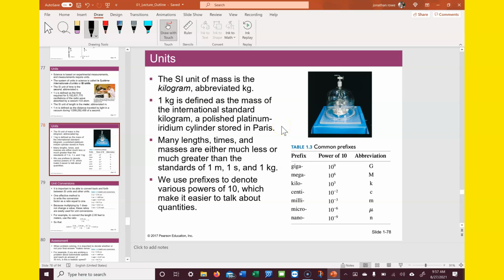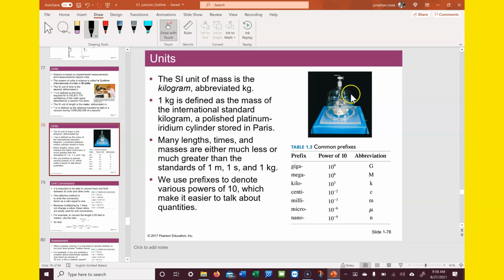So they don't want to have definitions for these units that are physical things. Like, that's why they use the speed of light, because it's not a physical thing that can be affected over time. That's why they use the radio waves for a second, because it's not a physical thing that can be affected by deterioration over time,